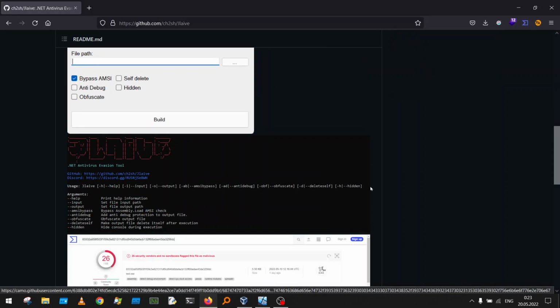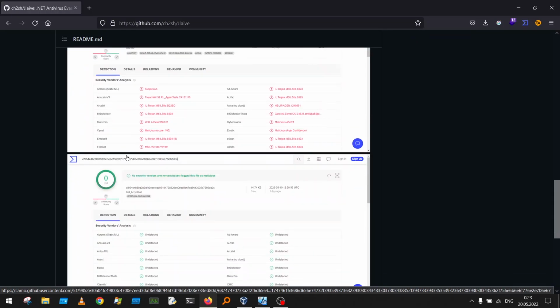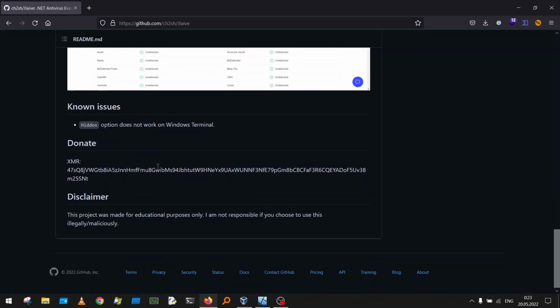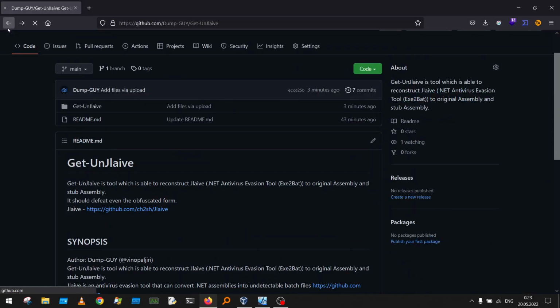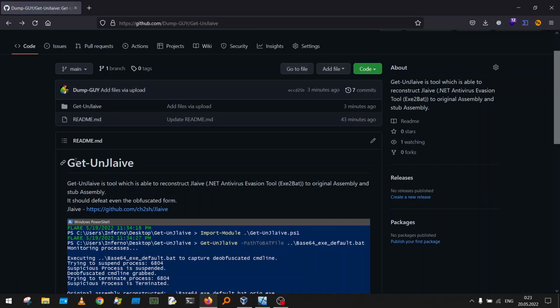So basically, you can see that the detection is very low after using this tool. So now we can come back to my Get-UnJlaive, because Get-UnJlaive is basically a tool which is able to reconstruct Jlaive obfuscated protected files to the original assembly